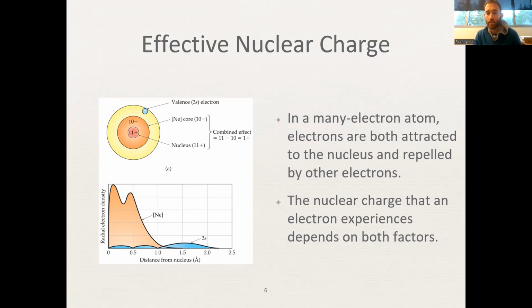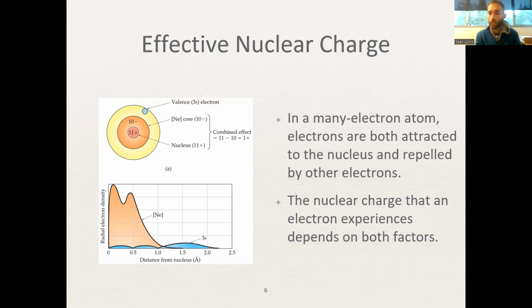So when we think about sodium, the electron configuration, 1s2, 2s2, 2p6, 3s1. So everything but that 3s1 electron is going to be a core electron. So that's why when we look at the effective nuclear charge of something like sodium, we've got an effective nuclear charge of +1. But then if we move over one group to magnesium,